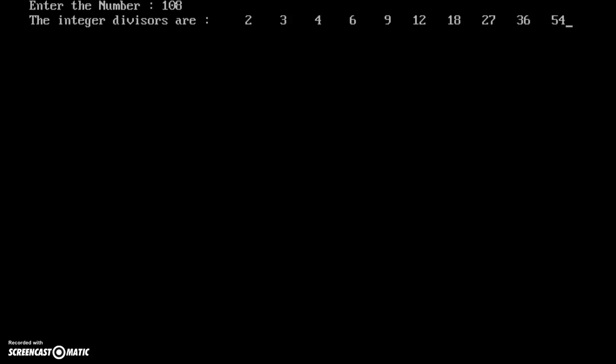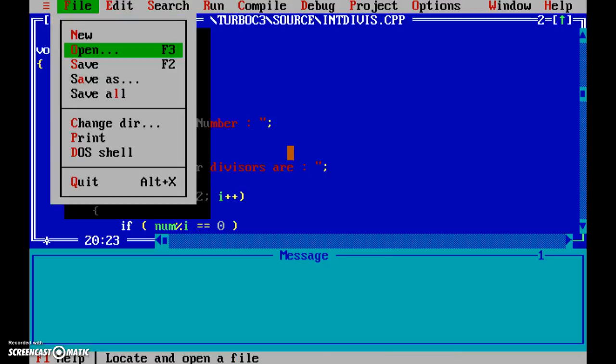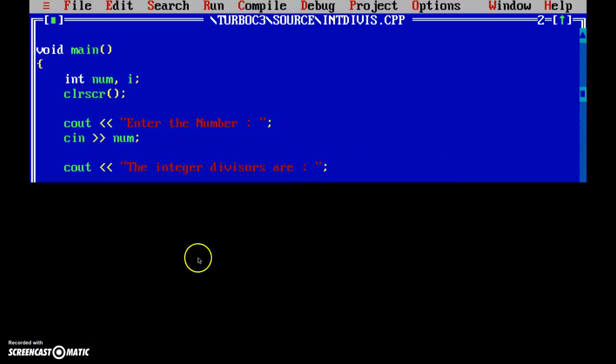Great. So that is a successful run, a successful solution. So let's save it and let's quit. Save yes, and